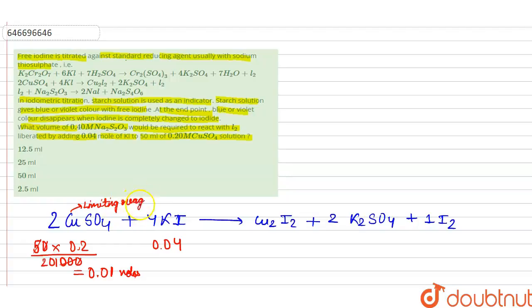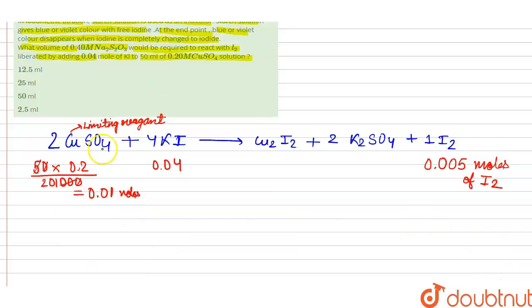So now if this is the limiting reagent, according to stoichiometry, if 0.01 moles of copper sulfate is present, then it will liberate 0.005 moles of iodine. So now if we use the second reaction, that is I2